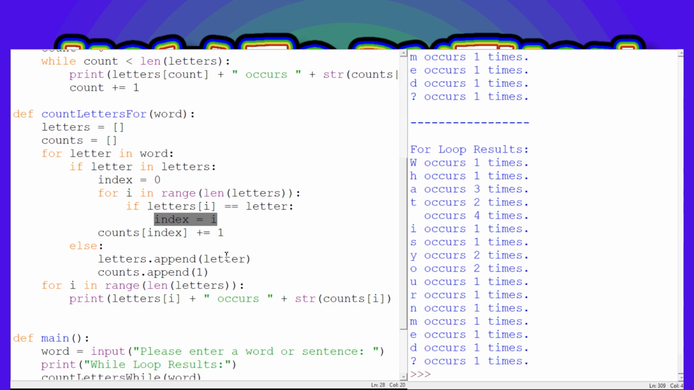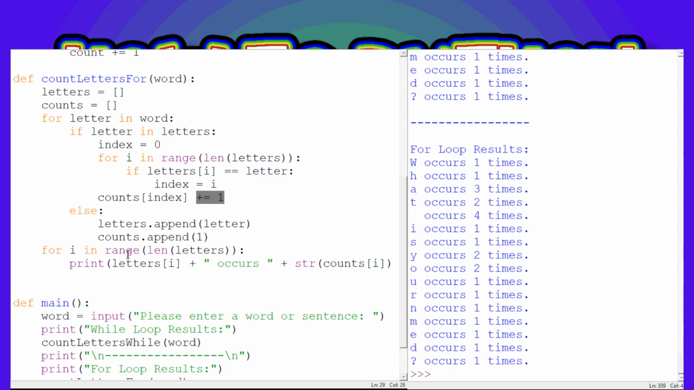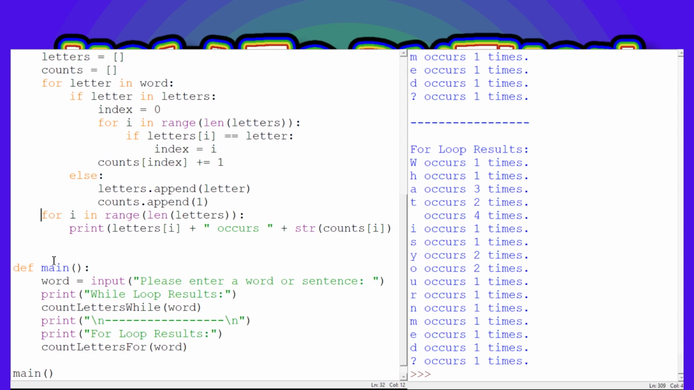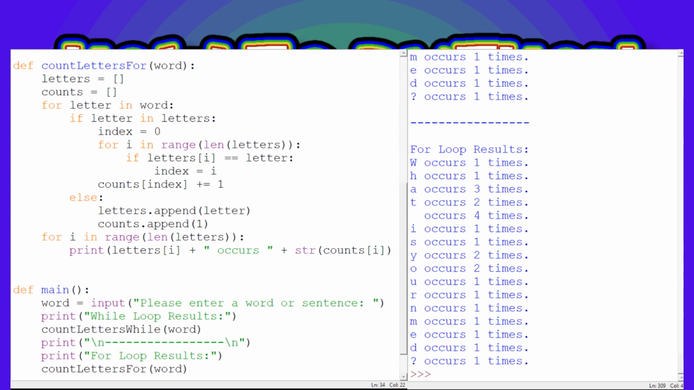And it will just keep going through that for all of the letters, and then counts index, which is the index that we wanted, plus equals 1. And then if it is not already in letters, then we just want to append the letter to letters, and append a count of 1, because we found it one time, and then to print it all, for i in range of length of letters, which is the same as that one, print letters i and the string of counts i